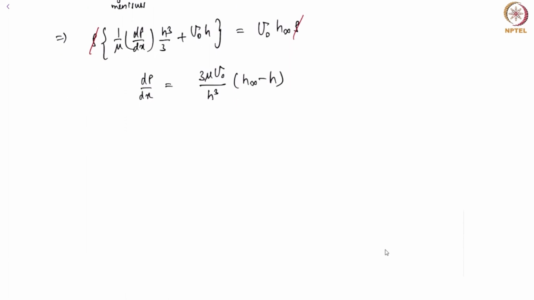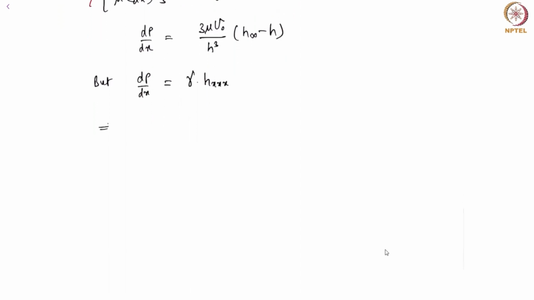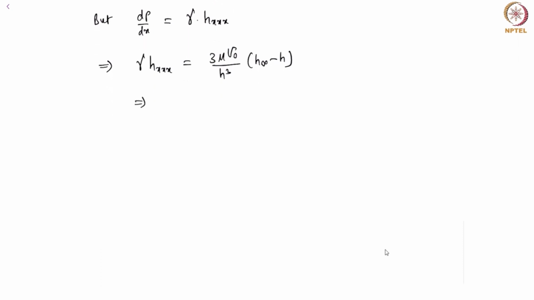But we know the pressure gradient is nothing but capillary pressure gradient. This pressure gradient is because of curvature, so that's gamma times hxxx, that is third derivative. If I substitute this, we get gamma times hxxx is mu u naught by h cube times h infinity minus h,